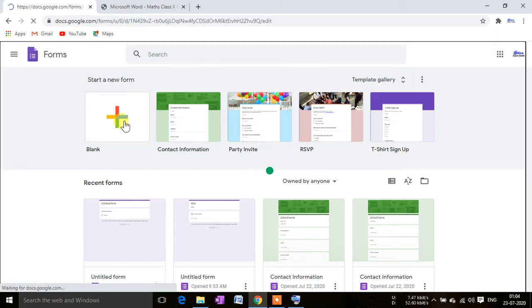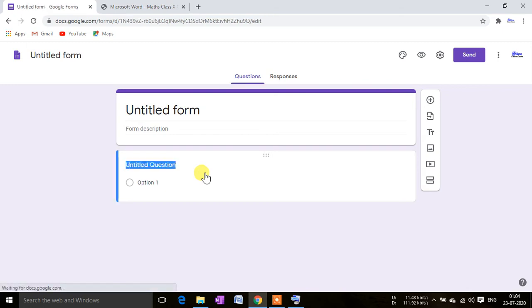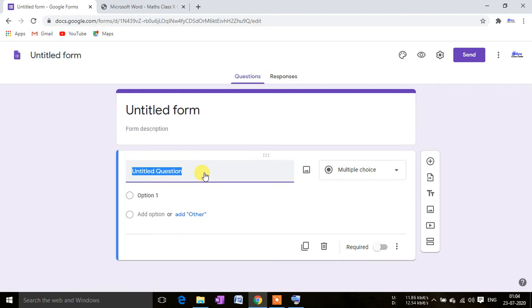Okay, so I am going to give you a simple idea of how you can create long quizzes very fast. I am just going to give you a smart trick by which you can write and make the questions.